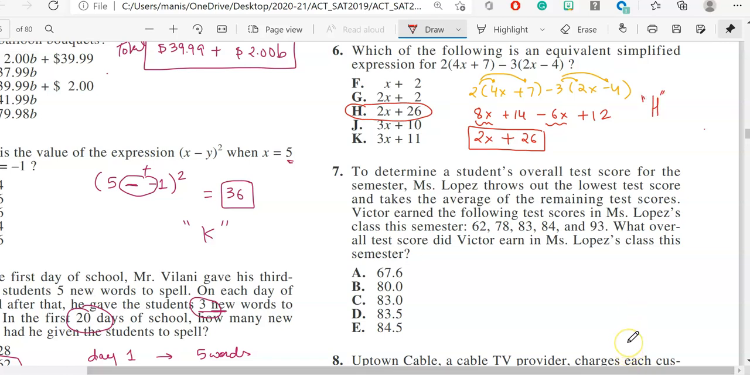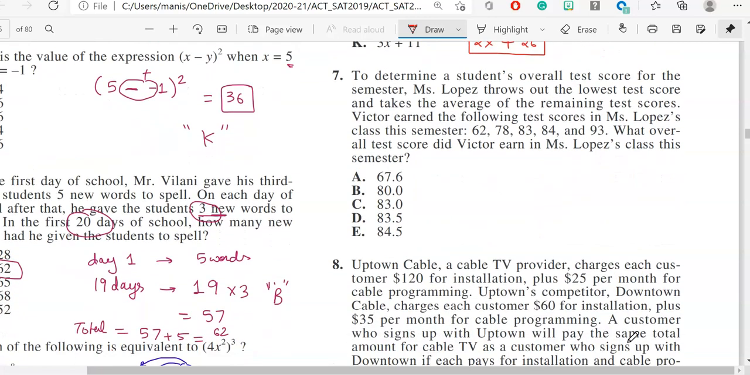Now let's look at question number 7. To determine a student's overall test score for the semester, Mr. Lopez throws out the lowest test score and takes the average of the remaining test scores. I will circle this word average because this is a keyword over here, and you all know average and mean are the same thing. Of the remaining test scores, Victor earned the following test scores in Mr. Lopez's class this semester: